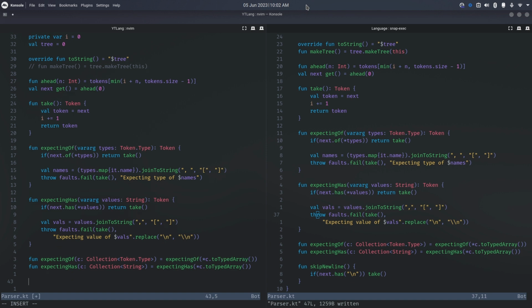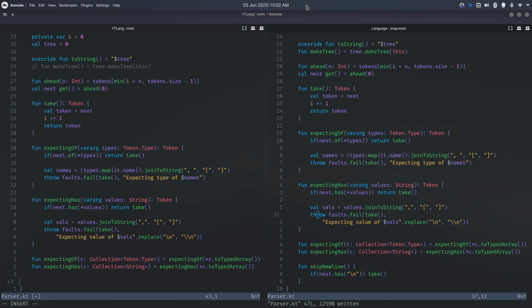And lastly, oh, there it is. Lastly, what we want is just a quick little skip new line function. All this is going to do is, if next has a new line, we just take it. If our lexer were worse and we had a bunch of new lines, you'd have to make this a while loop. But since I changed that, we can just check if there's another one, we just take it and